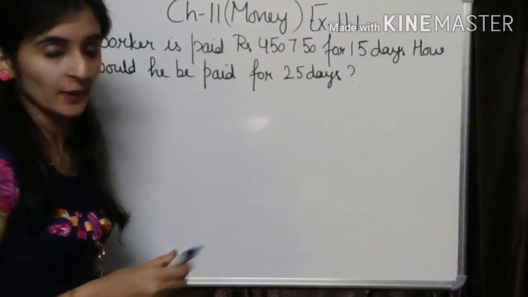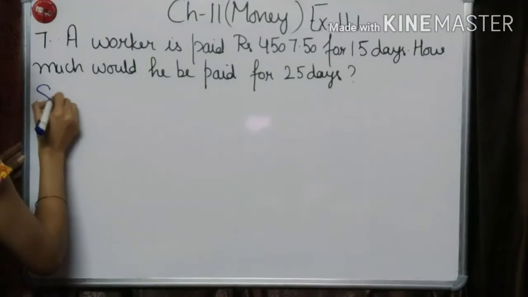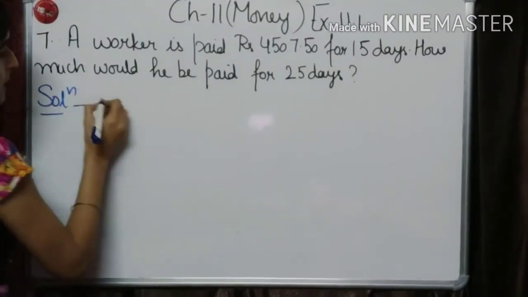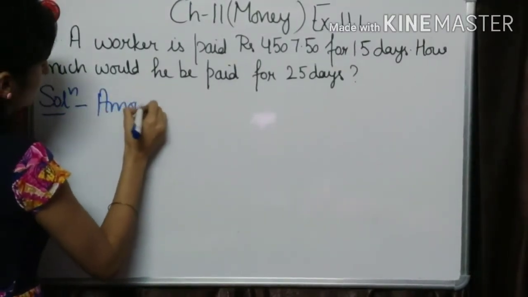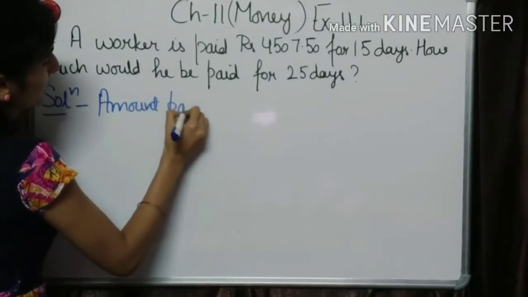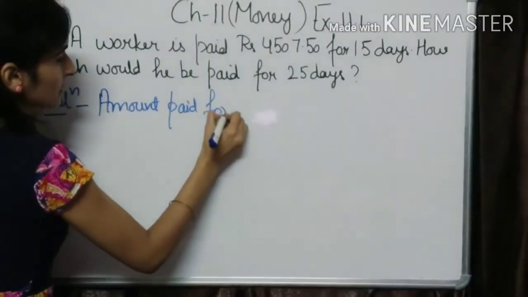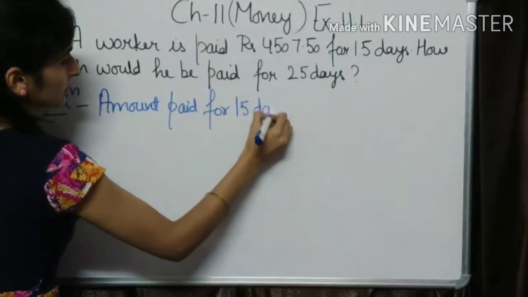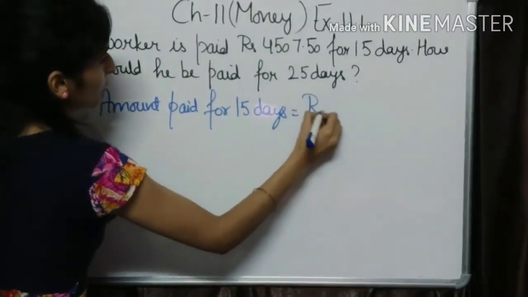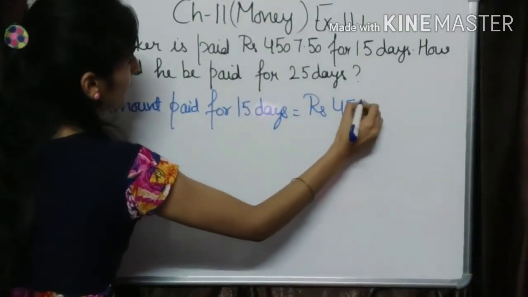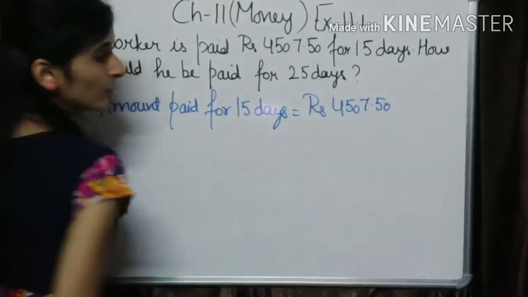So let us start finding. Amount paid for 15 days is equal to rupees 4,507.50